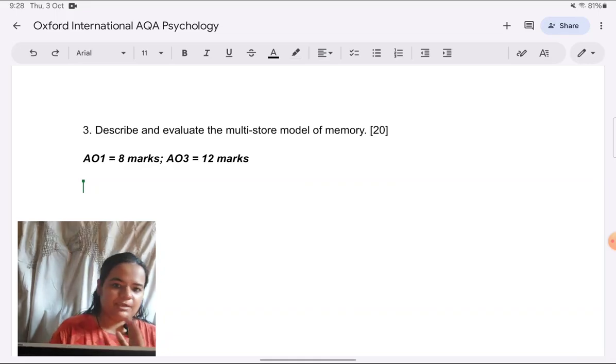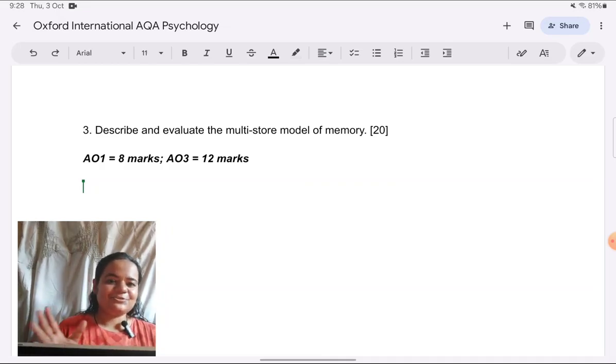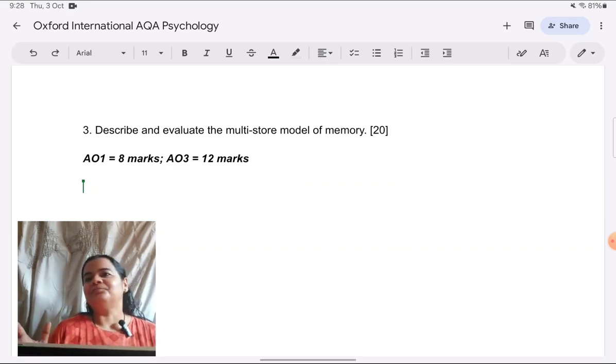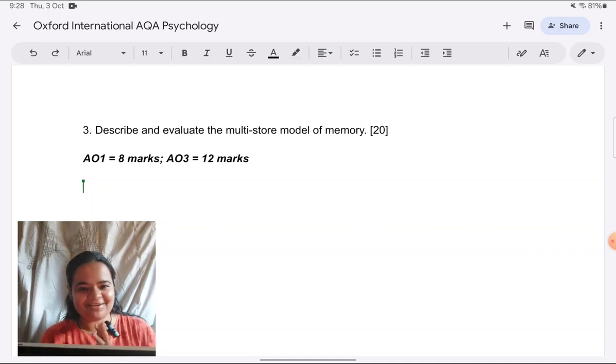This is a very straightforward question, I would say. And I'm sure all the students must have really liked this question when it came in the paper. My students did. I'm sure the other ones also liked it because the multi-store model is everyone's favorite. It's so easy to understand and you're always so prepared with it because it's the first one which comes. So you've learned it very thoroughly.